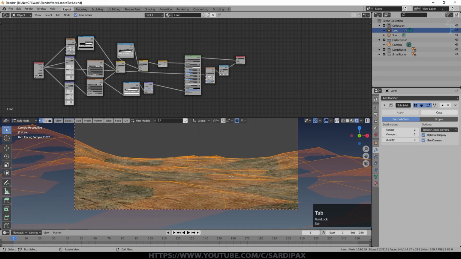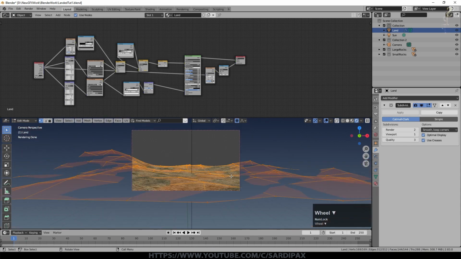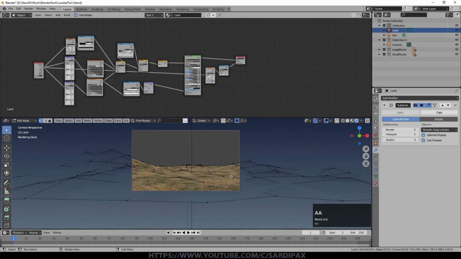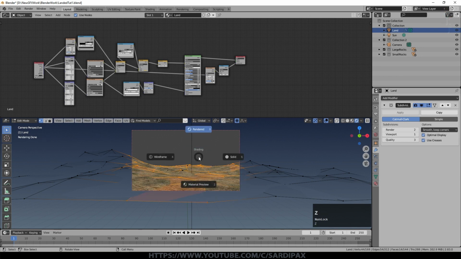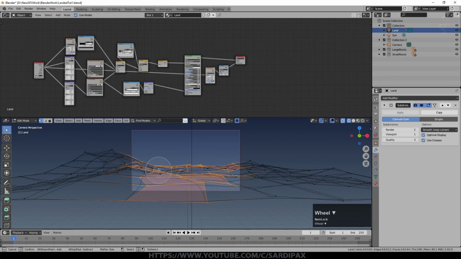So if we go into edit mode, you can see currently the whole thing's selected. So I'm just going to unselect everything. Then while looking through the camera view, I'm going to select mostly vertices within and just outside the camera view. And you may want to go to wireframe so that you can select those that aren't immediately in view of the camera. And you notice I am going slightly outside because I haven't got that many vertices to select.